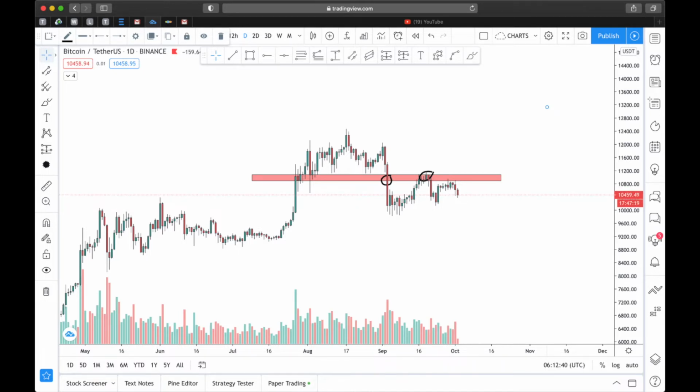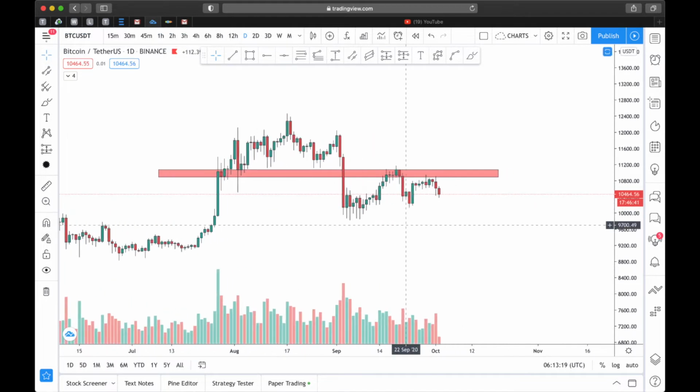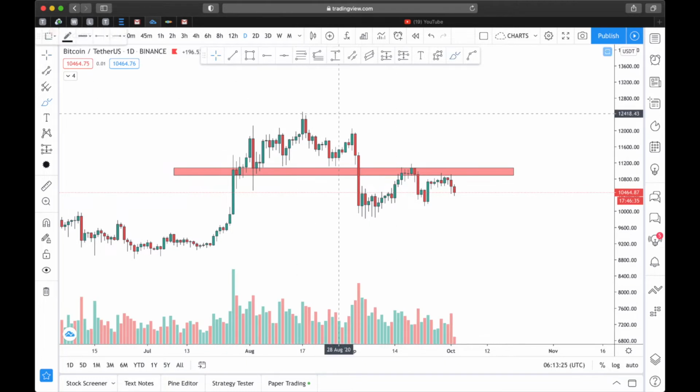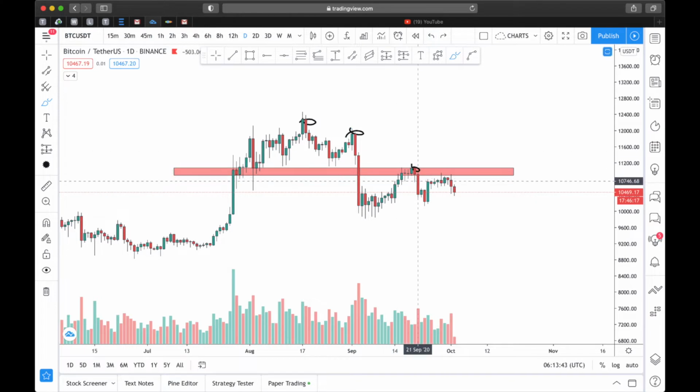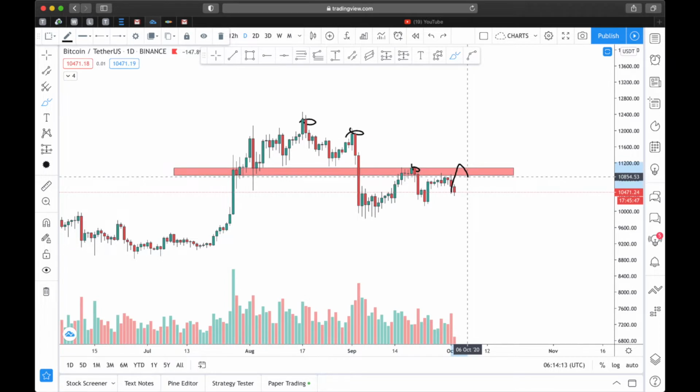So if it's an uptrend and price has been forming higher lows in the market and then it starts to form lower highs, it means there's a break in market structure of the uptrend. So for example, in this region now, we have been having lower highs. This is a lower high, this is a lower high. So the only time I can say there's a break in structure is when we turn this resistance to support. So when price goes above it and it starts acting as support, then I can say there's a break in market structure because we have been having lower highs, and once we stop to have lower highs, then there's a